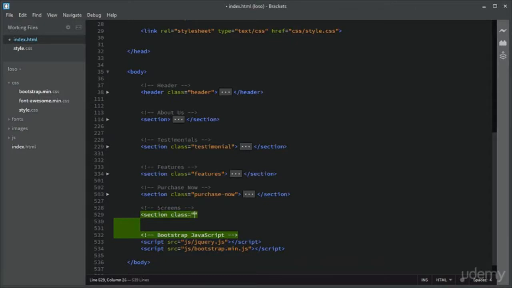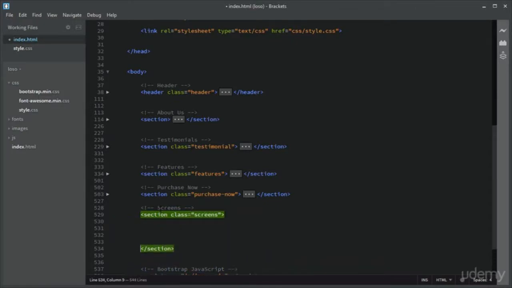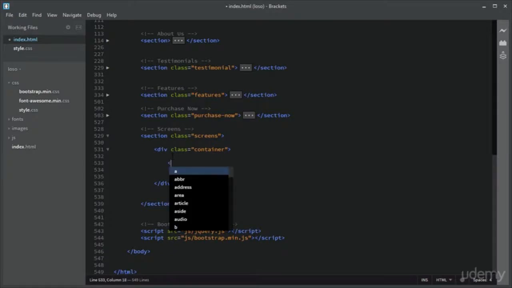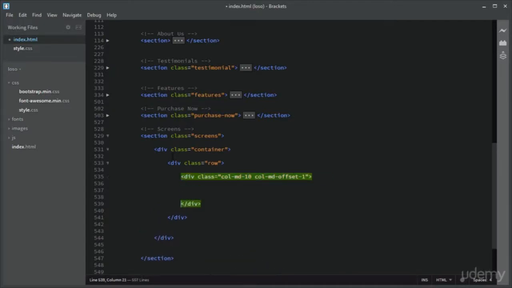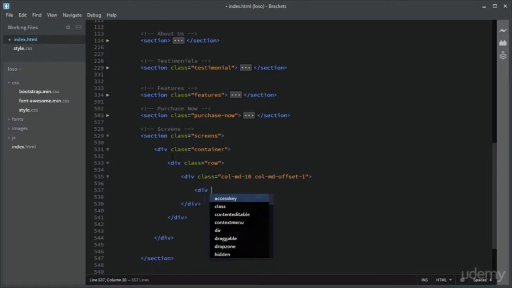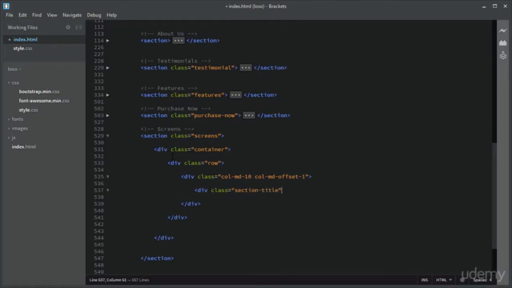I will add section with class of screens, and inside that I will add a class of container, and inside that I will add a class of row, and inside that we need a class with 10 columns, so we can center align it with offset column MD offset -1, and inside that I need to add div with class of section title,